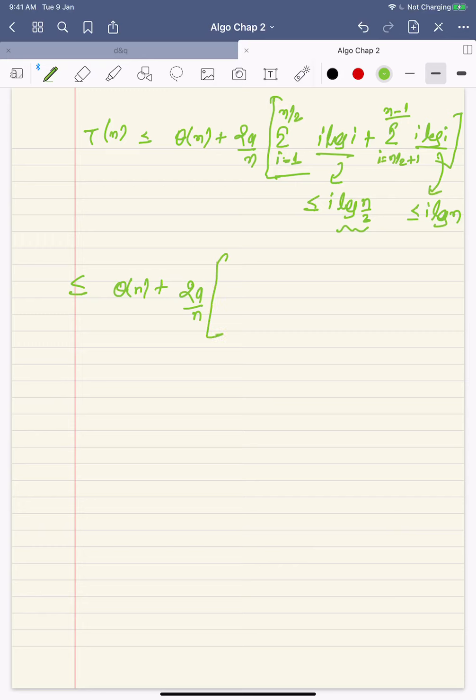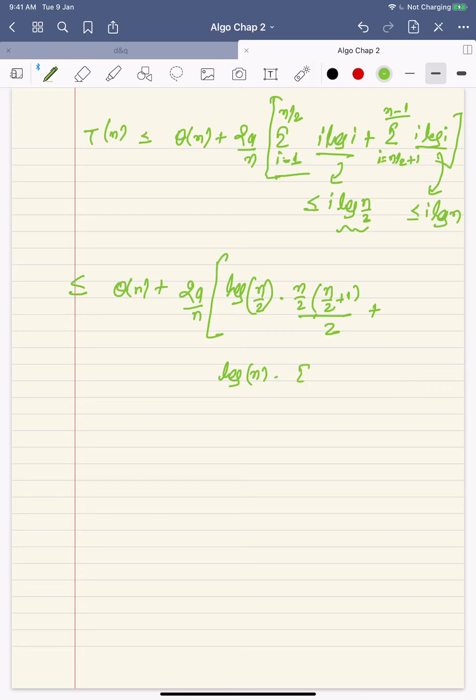Log n by 2 is common, so log n by 2 times summation i from 1 to n by 2, and you know the formula for that, that will be n by 2 plus 1 by 2, plus the second term, where log n is common, log n times